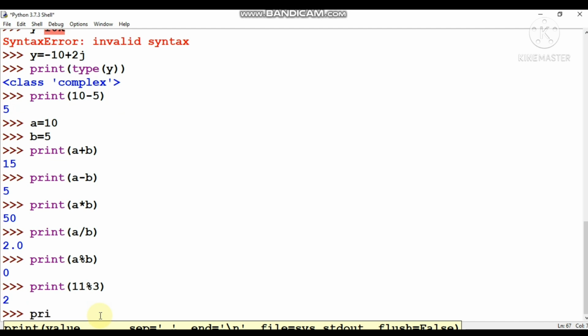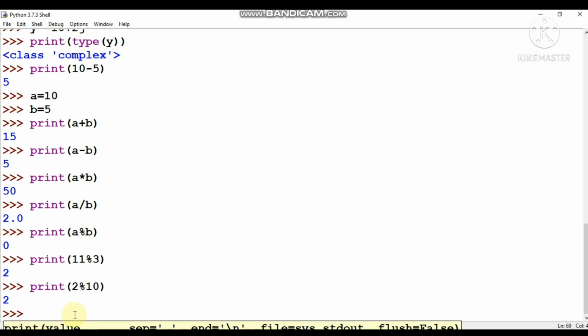Another example I want to give related to modulo division. If you are writing 2 modulo 10, can you tell me what the result is? How can you execute this one? Because here the numerator is lesser than the denominator. So remember, in the case of modulo division, if the numerator is lesser than the denominator, the numerator will be the answer.